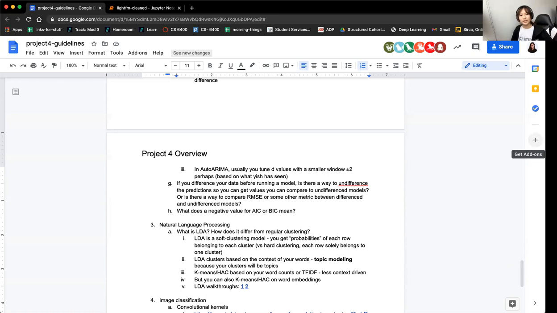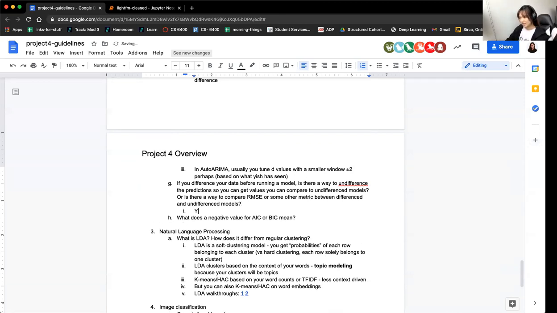Well, if you difference your data, honestly, once or twice, the way you undifference it is you start from your first value, or whatever value you have, and you're literally adding and subtracting the differenced data. So you just have to rolling add or subtract the differenced data. So as an example,